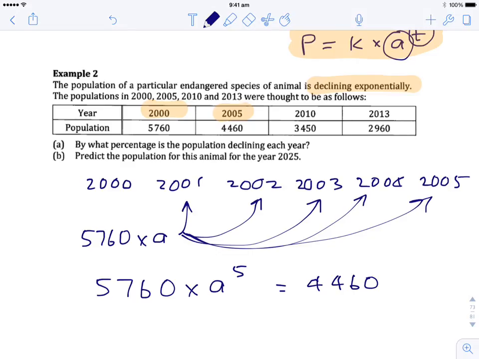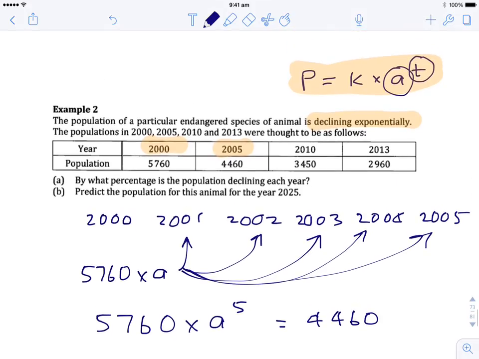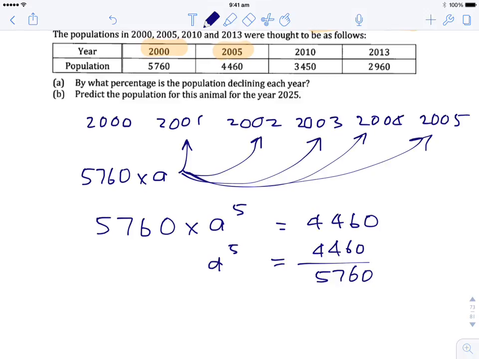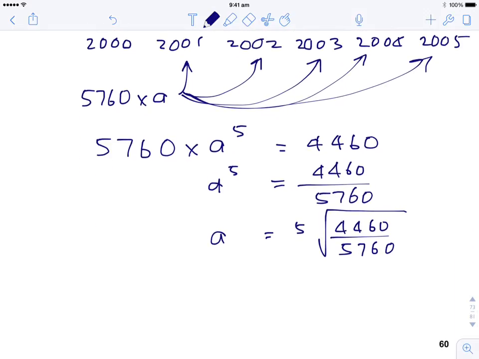So we're not just going year to year, we're not just timesing it by 1, we have to actually think here we've timesed it by that number 5 times to get to our number in 2005. Again, assuming that the growth is declining exponentially. So that gives me a to the 5 is 4460 divided by 5,760. Now on our calculators, this is definitely in the calculator section, we'd have to work out the 5th root of this thing here. Put that in on your calculator and you get around about